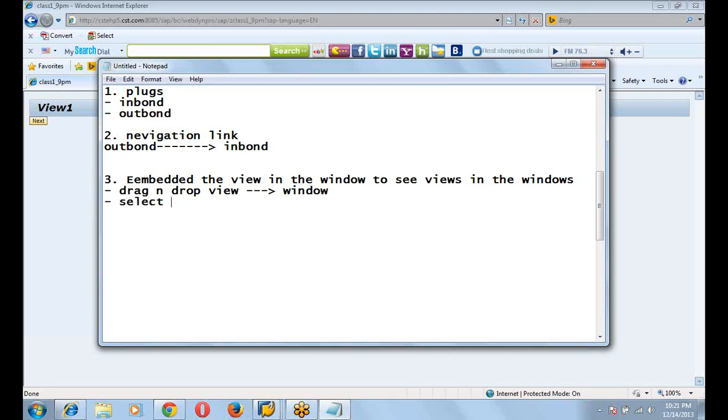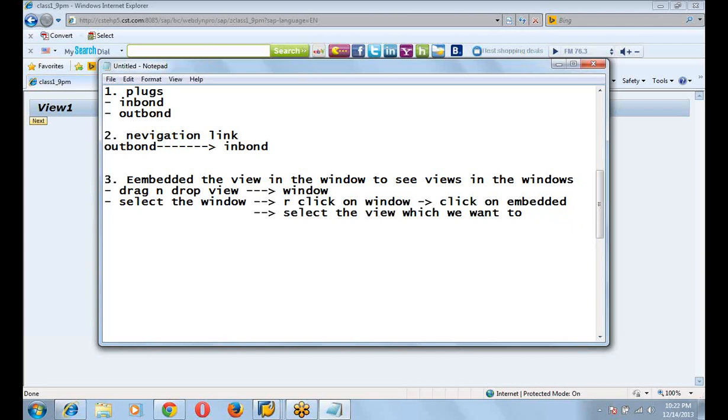Another option is to select the window, right click on the window, click on embedded, then select the view.